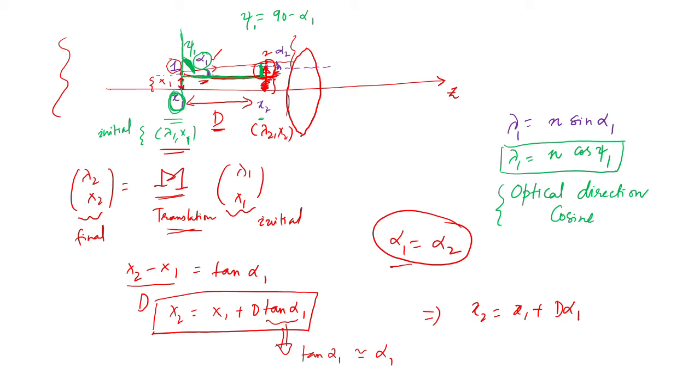And we defined this optical direction cosine lambda. So if I were to write lambda 1, that would be n times alpha 1, and lambda 2 would be n times alpha 2, but because alpha 1 is equal to alpha 2, lambda 1 should be equal to lambda 2. Then I can write lambda